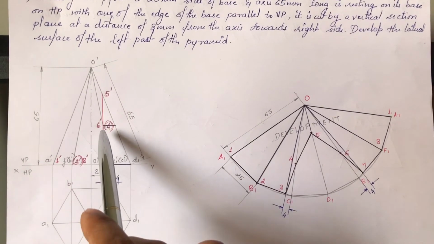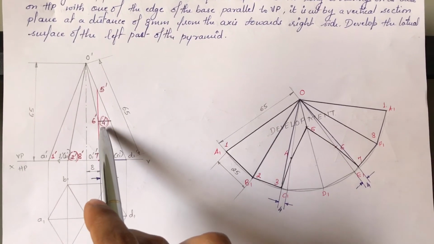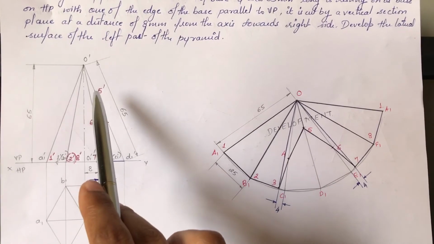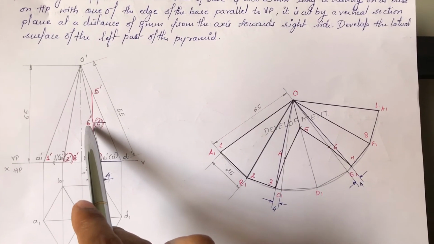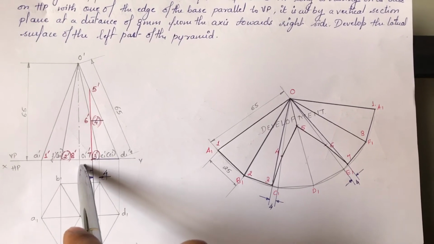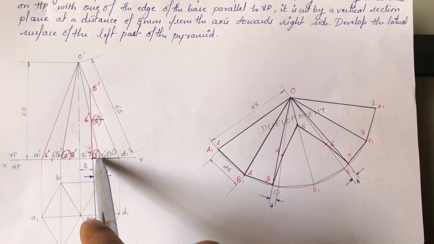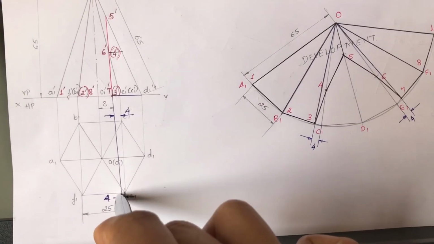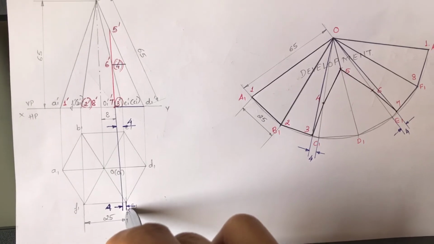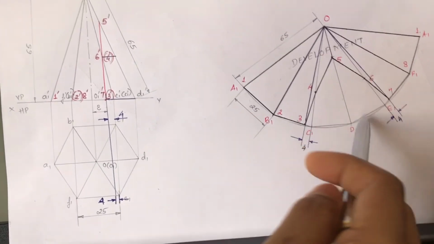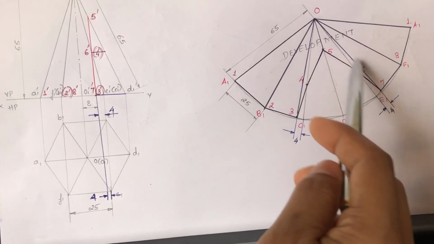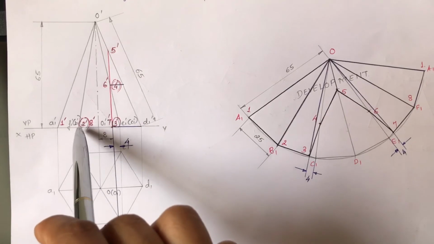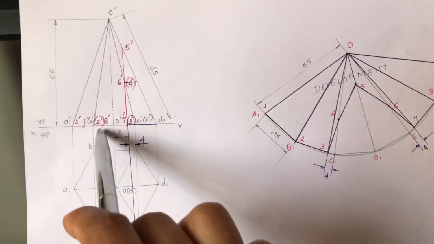Next let me go for 4. 4 is where? 4 is on OD. Yes, 4 dash. Next, on OC there will be 4, on OD there is 5, on OE there is 6 dash, on OF, where is OF? OF is here. But before I move from E to F, there is again this sectioning of the base. So that is already projected down here. So again at a distance of 4 mm from E, you have to mark this. From E at a distance of 4 mm, you get this imaginary edge that you draw here. Next, I have done 8 marking on OF, and that's it.